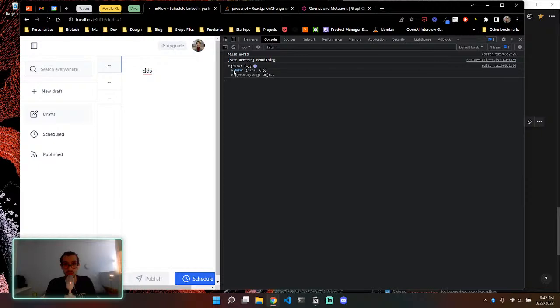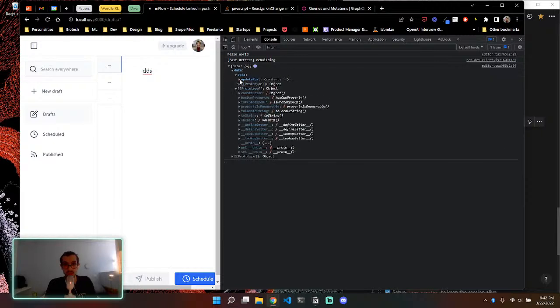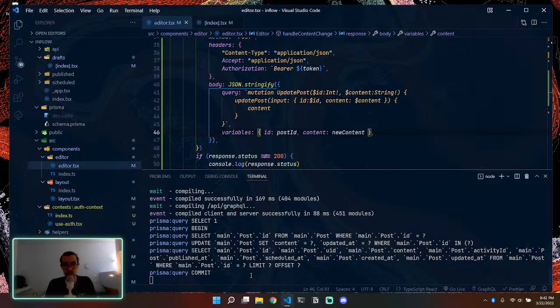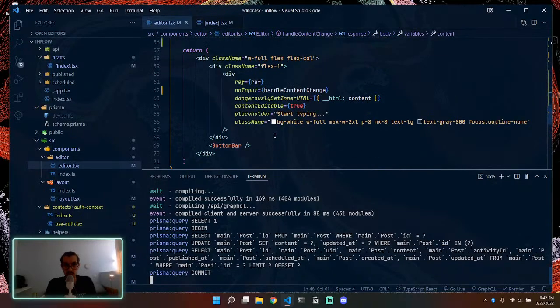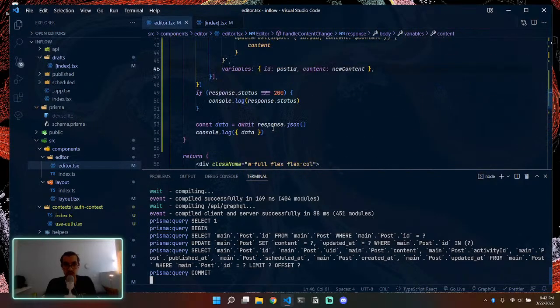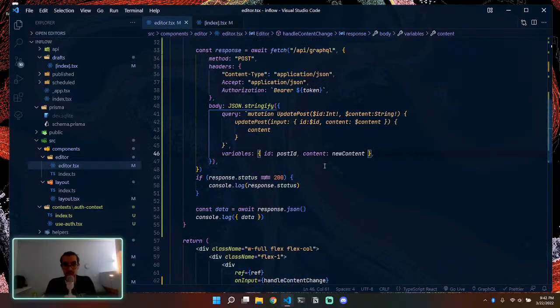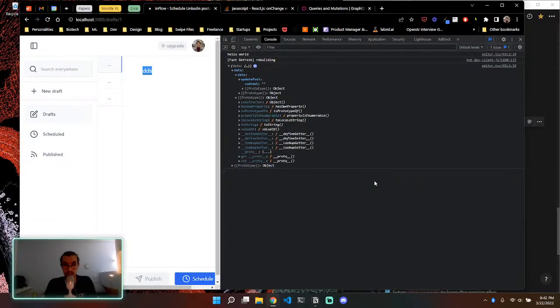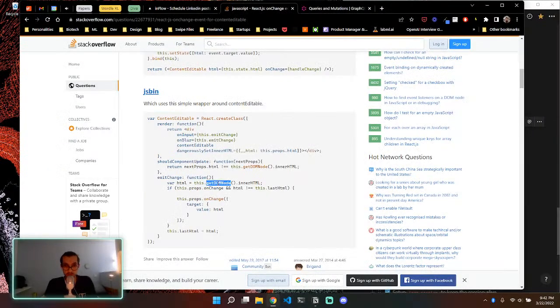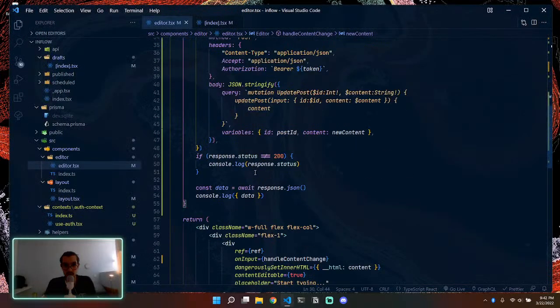Oh, yep, it is. It is better. But you didn't get the content from it. So you said update with content being nothing, of course, because I am not having the right content from it. So if we go back to the editor, this is not where we get the value. The value is there. So if we look at our useEffect,